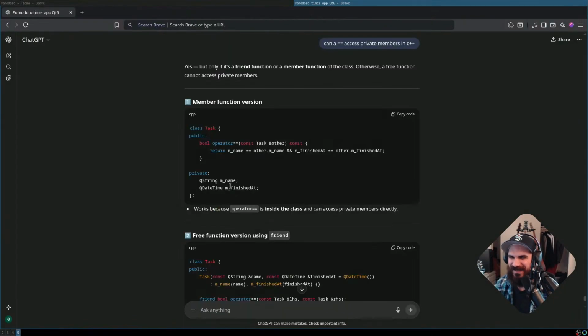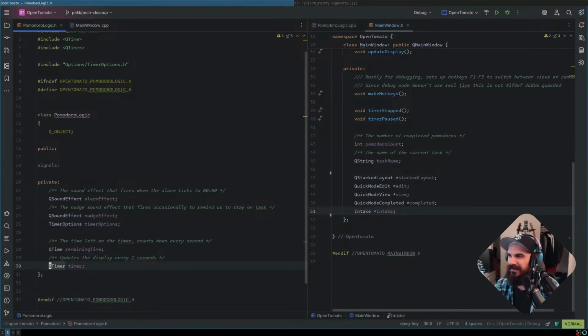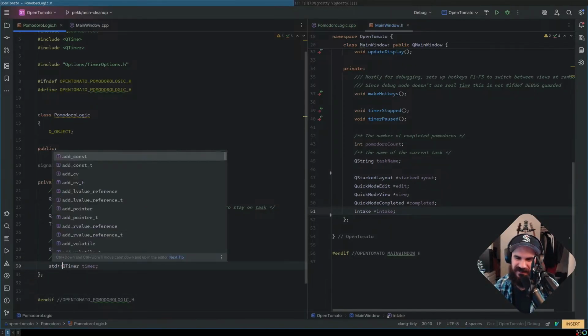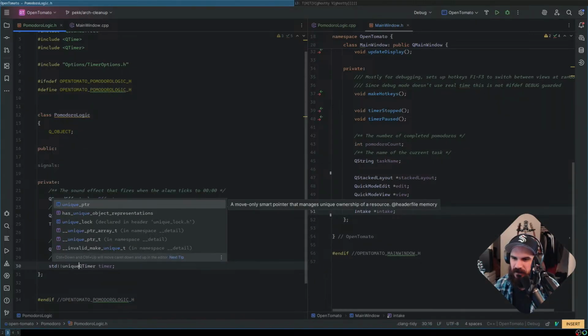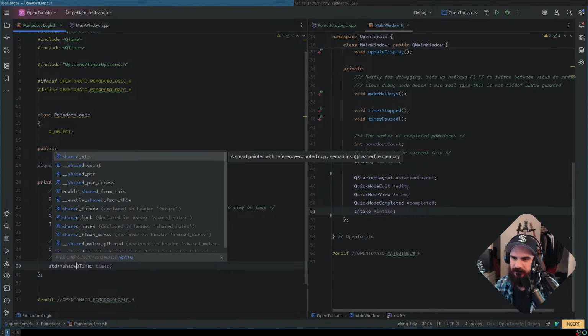How do I use it? What do I have to include for it? This is your chance, smart pointers. And what would I make it? I would make it a unique pointer, a move-only smart pointer that manages unique ownership of a resource. Or shared pointer, a smart pointer with reference-counted copy semantics.